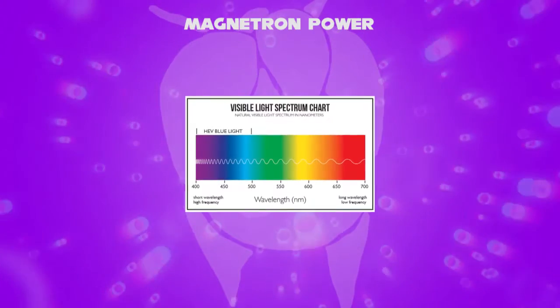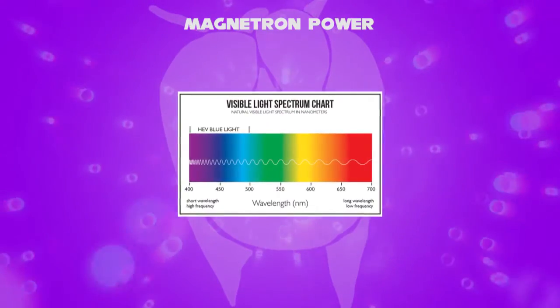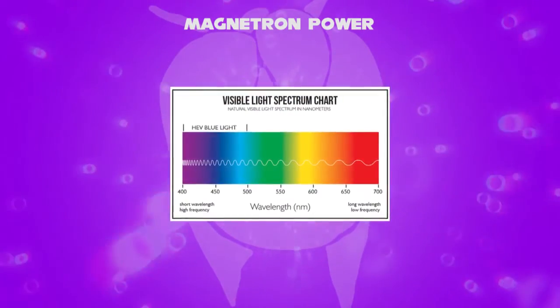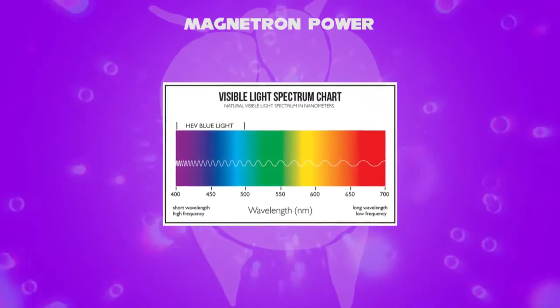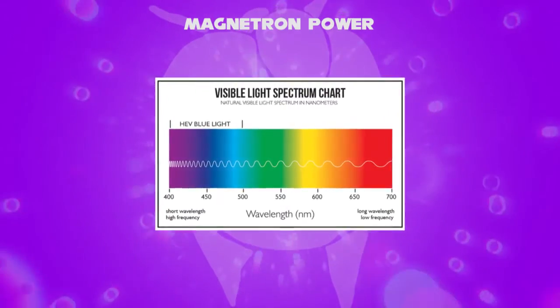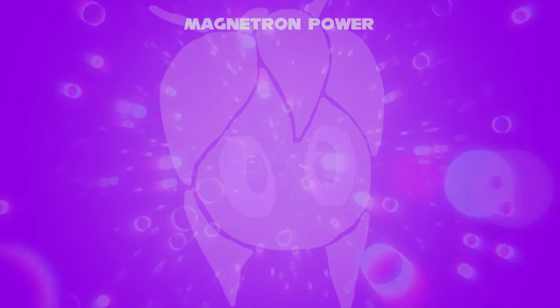In terms of terahertz, the visible spectrum ranges from 400 to 750 terahertz. I'll not talk about this one. It is used for optical purposes. So, you know how the